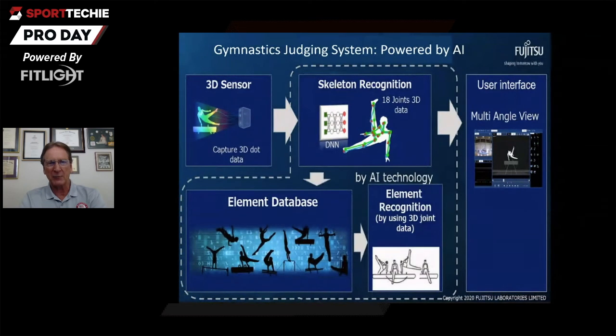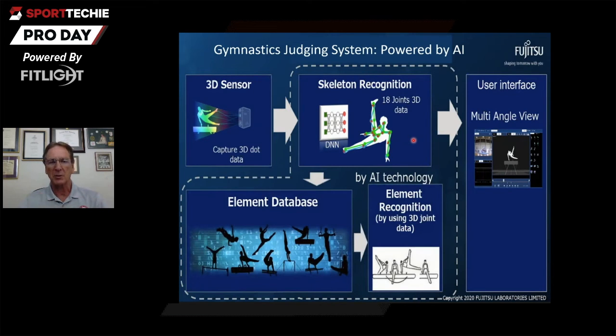But now Fujitsu out of Japan has developed a technology using laser cameras that basically reflect a point cloud back to the sensor, and that point cloud allows them to fit a skeleton or a stick figure using neural networks and artificial intelligence. And so once they've got the stick figure motion, then they can determine exactly what skills the gymnast is doing, so they can use it to do 2 things.